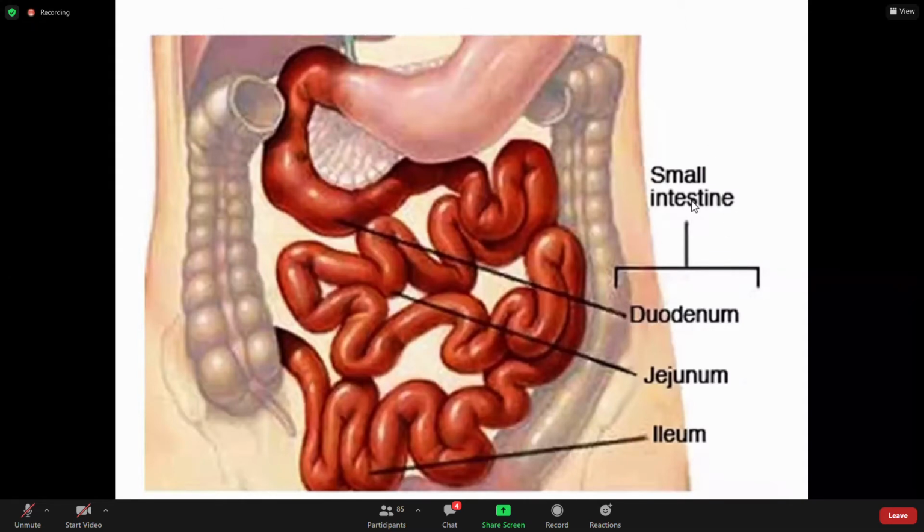But when we talk about the proper small intestine, most authors sometimes refer only to the jejunal and the ileal part, right? Of course, your duodenum is also part of the small intestine, but I will not be covering the duodenum; it will be taken care of separately. I will be talking about the gross morphological features of the small intestine, which is roughly 6 to 6.5 meters long. After the duodenum, the proximal 2/5 is formed by the jejunum, and the distal 3/5 is formed by the ileum.